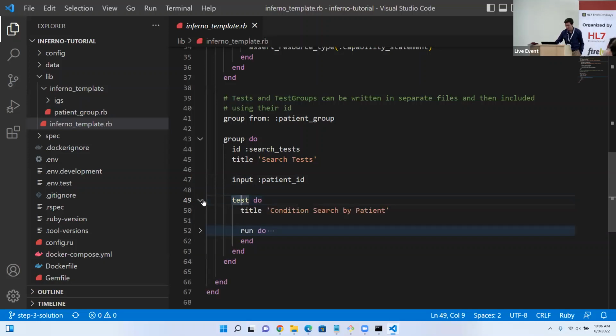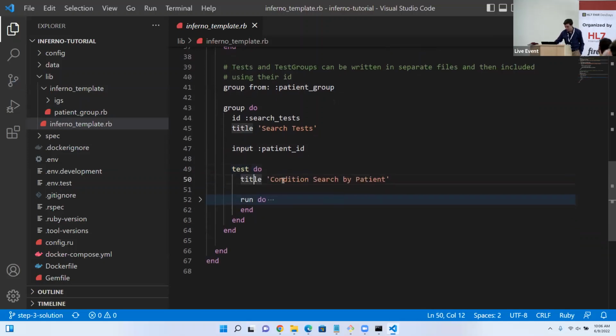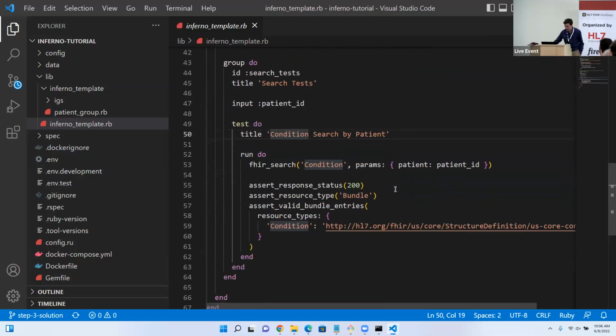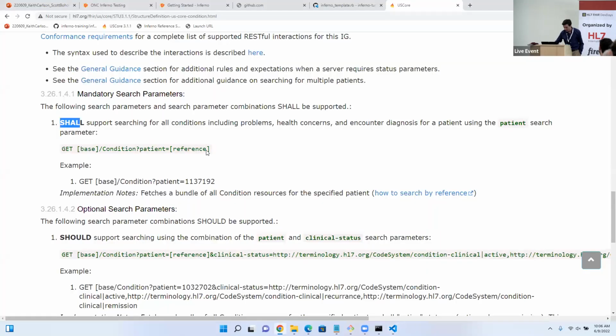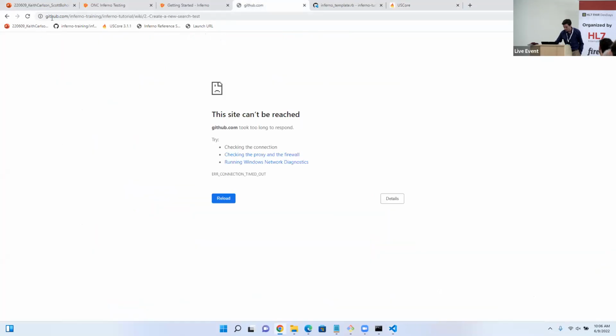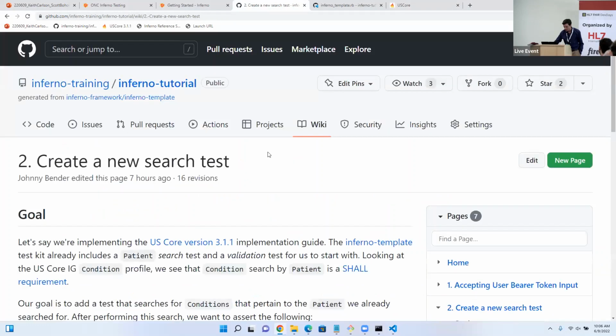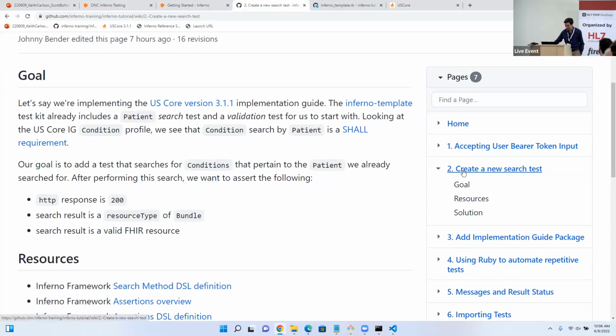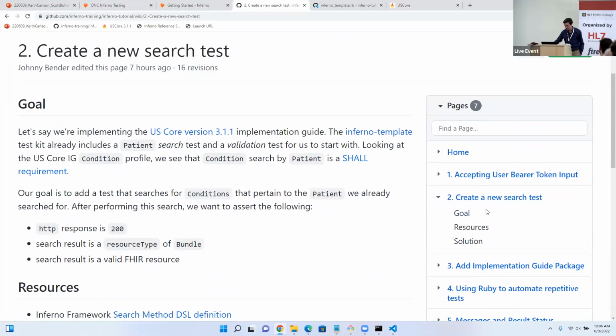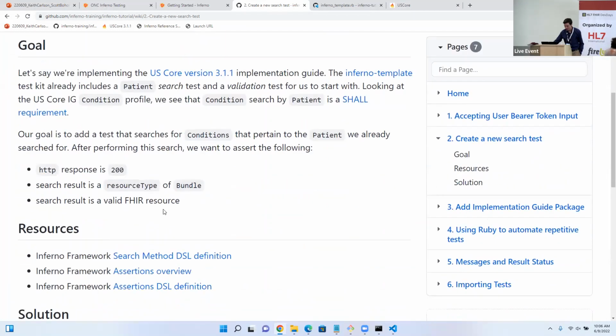We have this test block right here. I again created a title for condition search by patient. And then this is the block of code for adding in that search. So let me see if I can go back, even if GitHub doesn't load, I can just quickly find the... okay, so it's back. So I'm following, in the GitHub wiki, step 2,